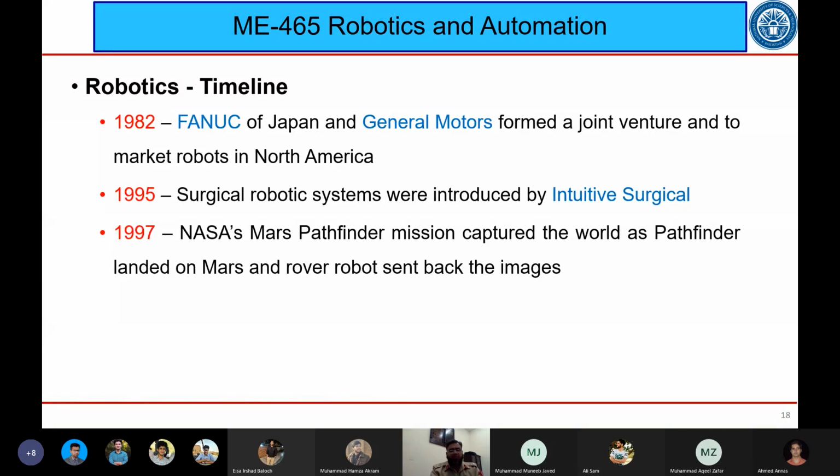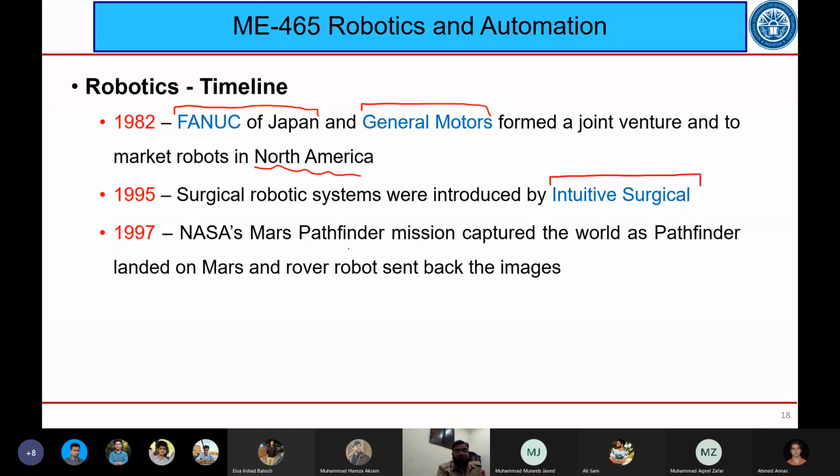ऑलराइट जी, we move forward and we talk about now टाइमलाइंस, जो कि अभी तक हम पहुंचे थे 1978 पे। Then 1982 में फनूक ने जनरल मोटर्स के साथ had a joint venture and they started making robots for North America. ये फनूक भी आप देखेंगे तो it's a very, very big company जापान की, and General Motors भी। So इन दोनों ने मिलकर अपना काम शुरू कर दिया।